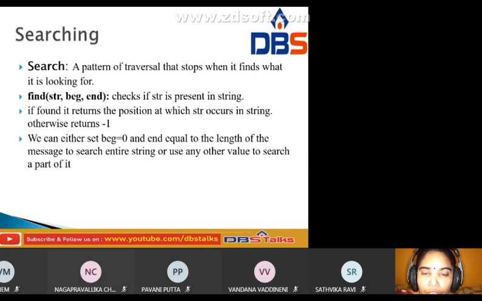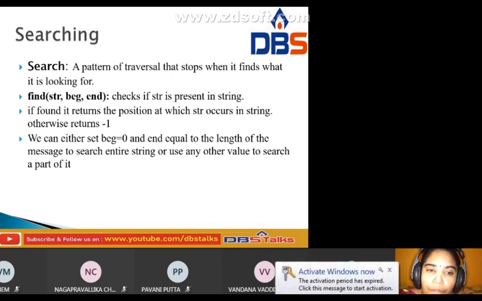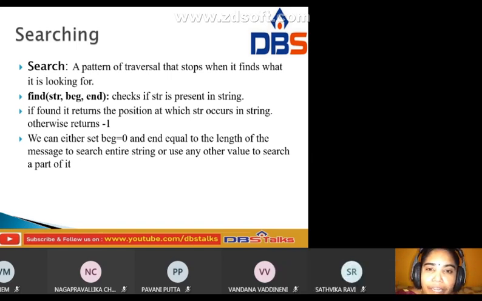If the string is found, it returns the position at which str occurs in the string; otherwise it returns -1.